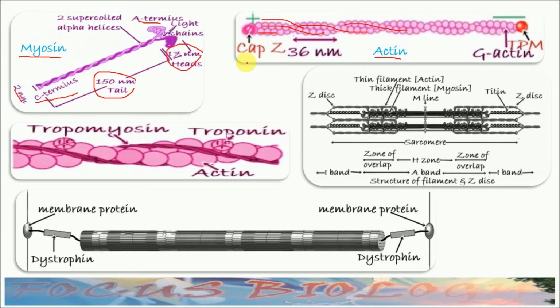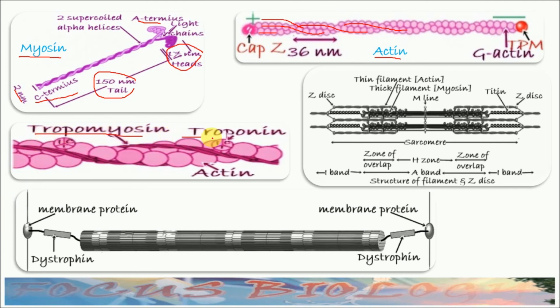This is the CapZ protein. Here at the plus end it attaches to the Z disc. Here it is tropomodulin, which stabilizes the minus end. Right? Now here